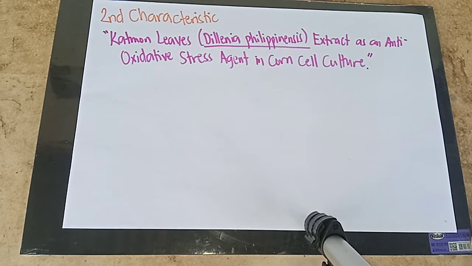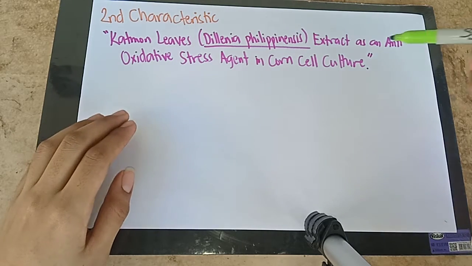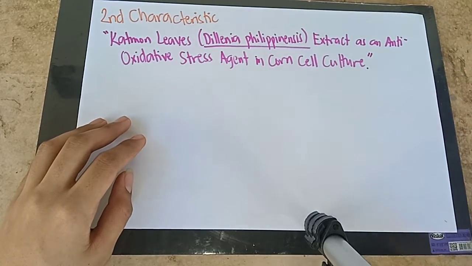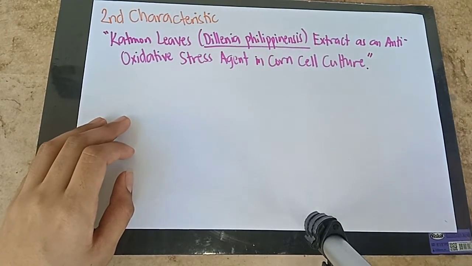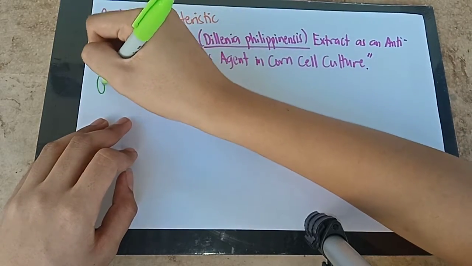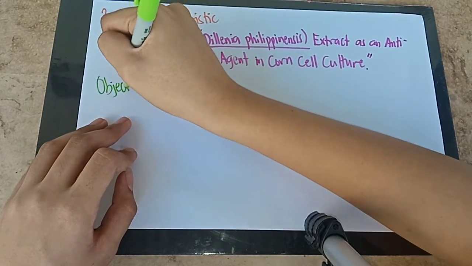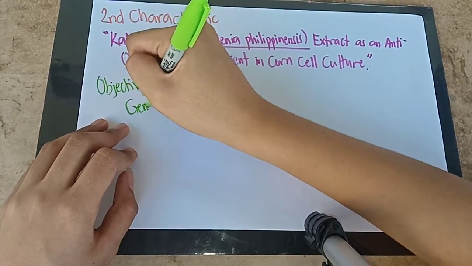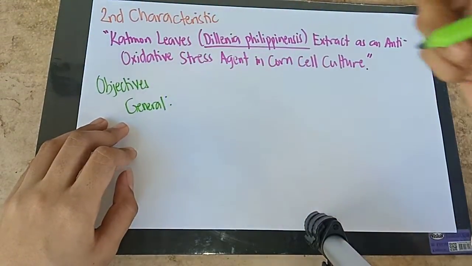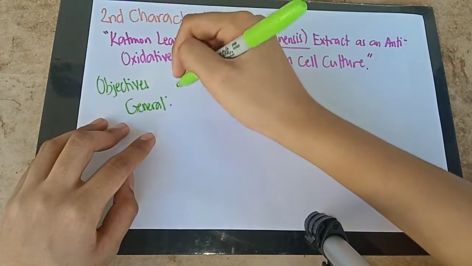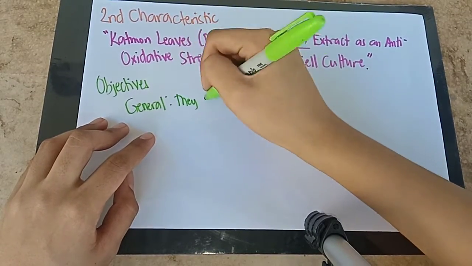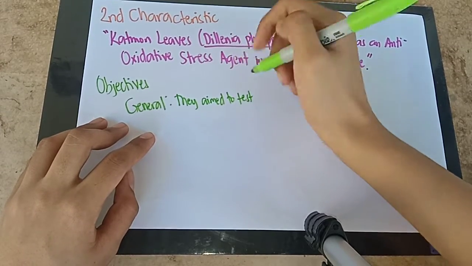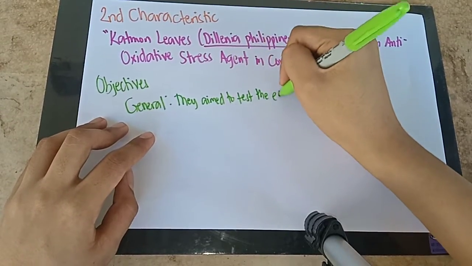Let's say in the study, Catmon leaves extract as an antioxidative agent against stress in corn cell culture, the researchers identified their objectives. So the general objective is that they aimed to test the effectiveness